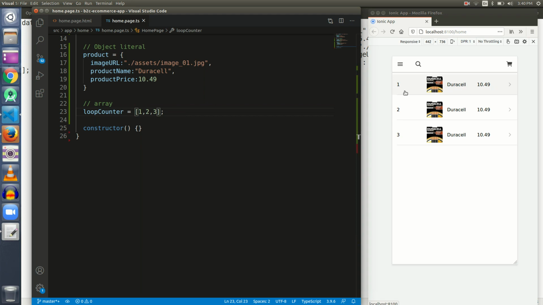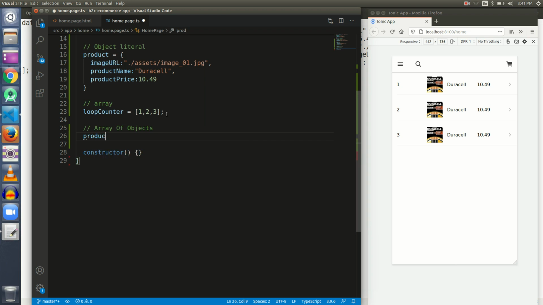Now what we want is a different set of data for every item. For this we will construct an array of objects. Now what is an array of objects? When I say an array of objects, let me name the array.